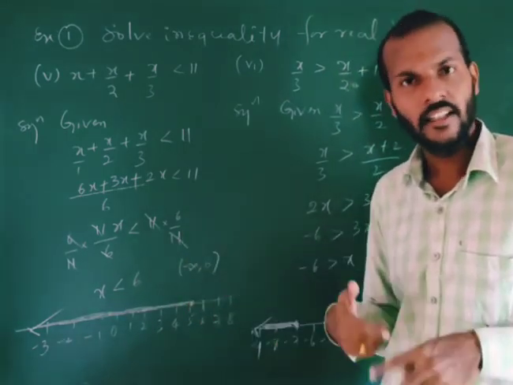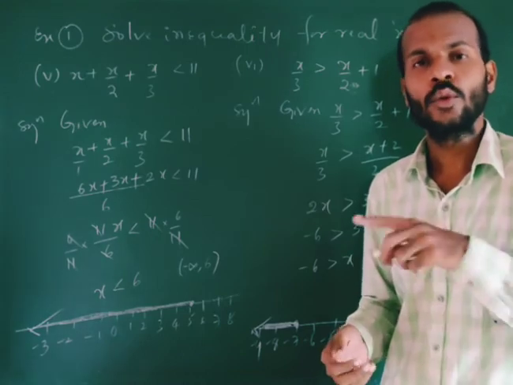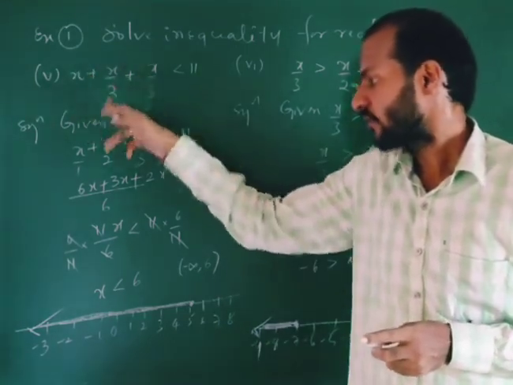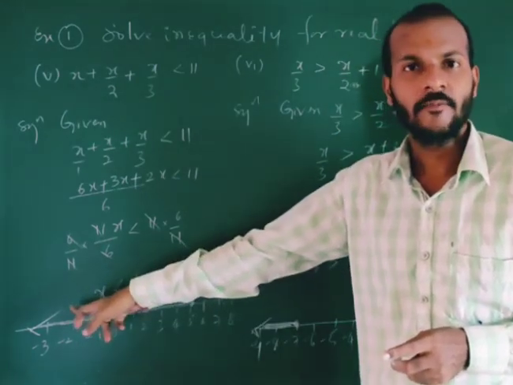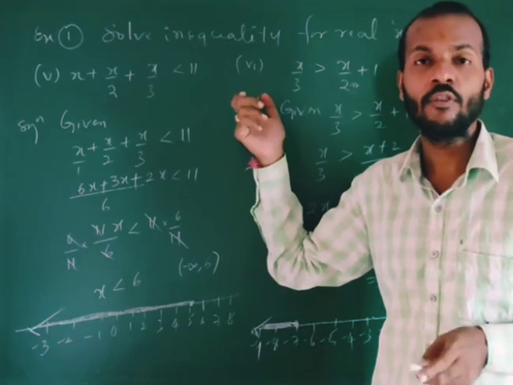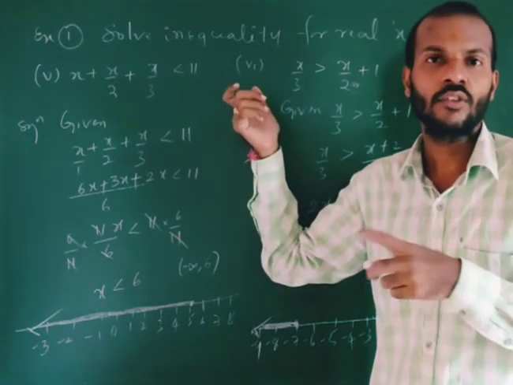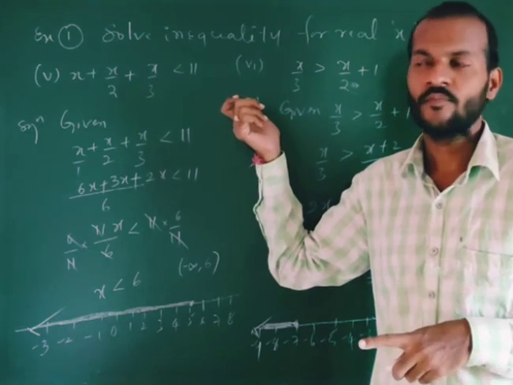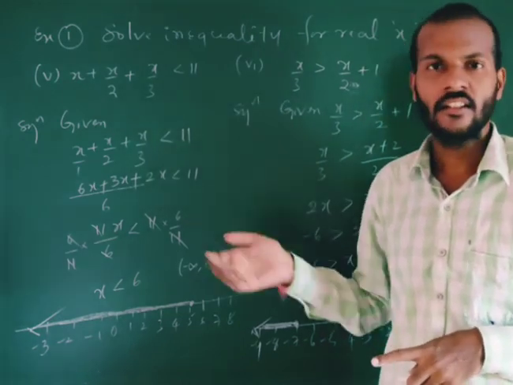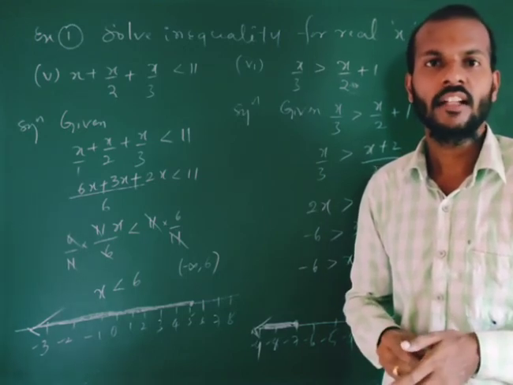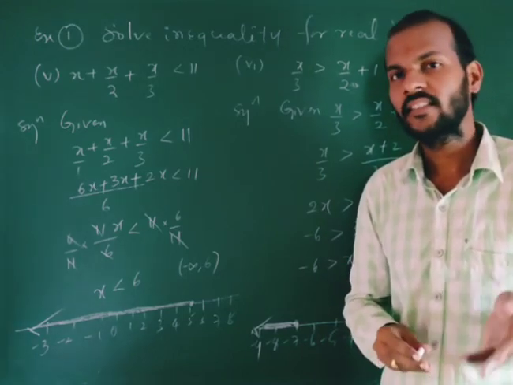Similarly, in tomorrow's class, if only a single linear inequality is there, we take a real line. If two linear inequalities are there, then how do we plot the graph? Again we have to go to a two-dimensional graph, that is the x-axis and y-axis. So this much is in this lecture, and again we will see some more examples as well as some concepts in the next class.